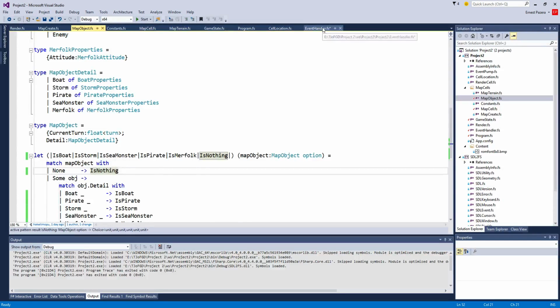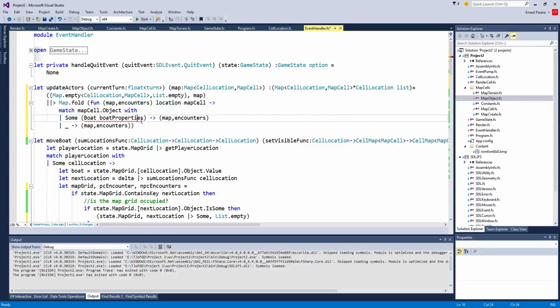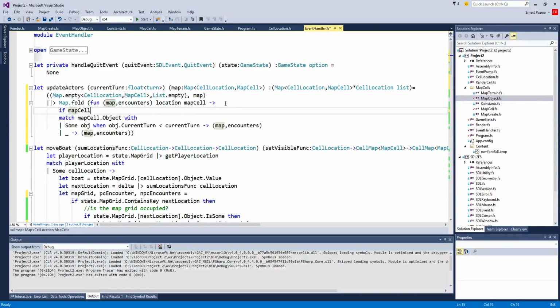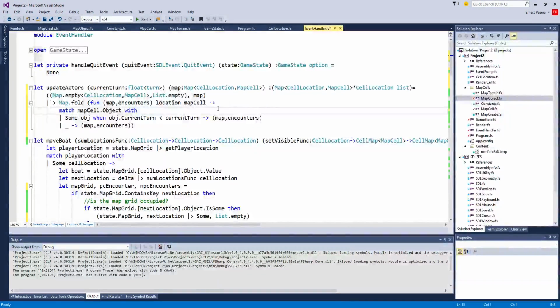So, all right. So I'm thinking of it the old way. Some object where, or is it when object dot current turn less than current turn. So really though, that's now an if, because so it's really if map cell dot object dot current turn. Oh, it still doesn't match. All right, actually it's a bind. Bind? Or is it option either? Nope, I gotta do a match. All right. So some object when object current turn is less than current turn, then